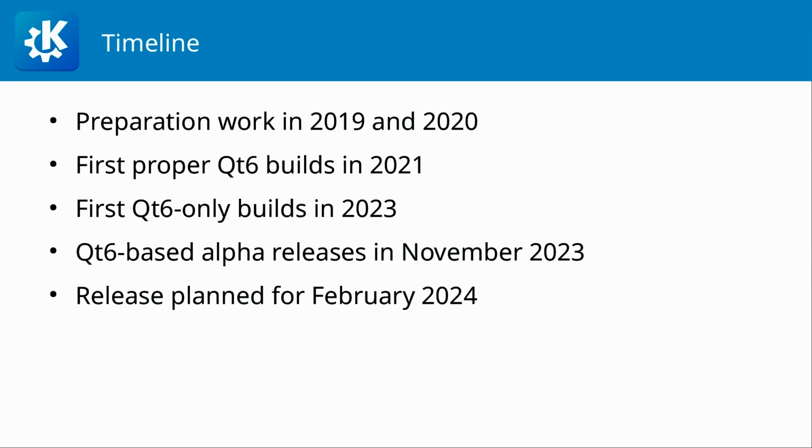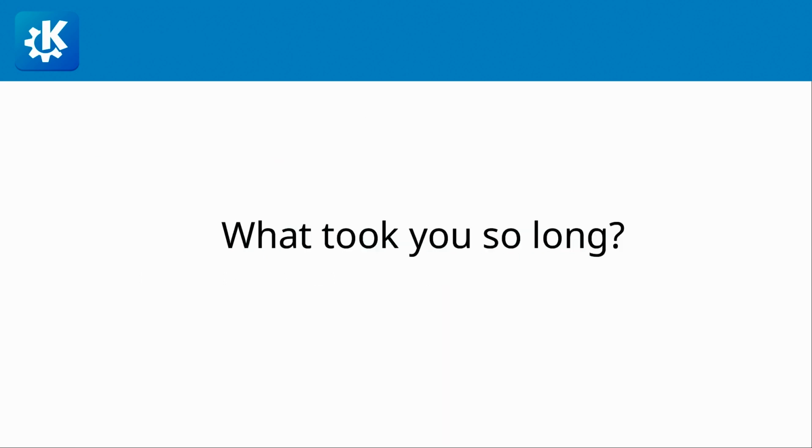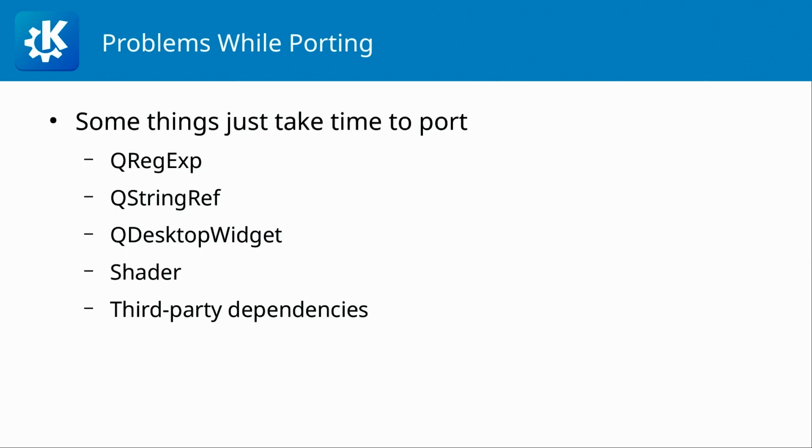There's one particular question that may be on your mind right now. We started to talk about this in 2019, and Qt6 was released in 2020. What took you so long? I'm going to say 80% of the answer has nothing to do with Qt, really. It was purely our own internal APIs that we wanted to iterate on and improve on, and that took a lot of time because we wanted to take things slow and do them properly. The other 20% is stuff that wasn't quite so nice while porting.